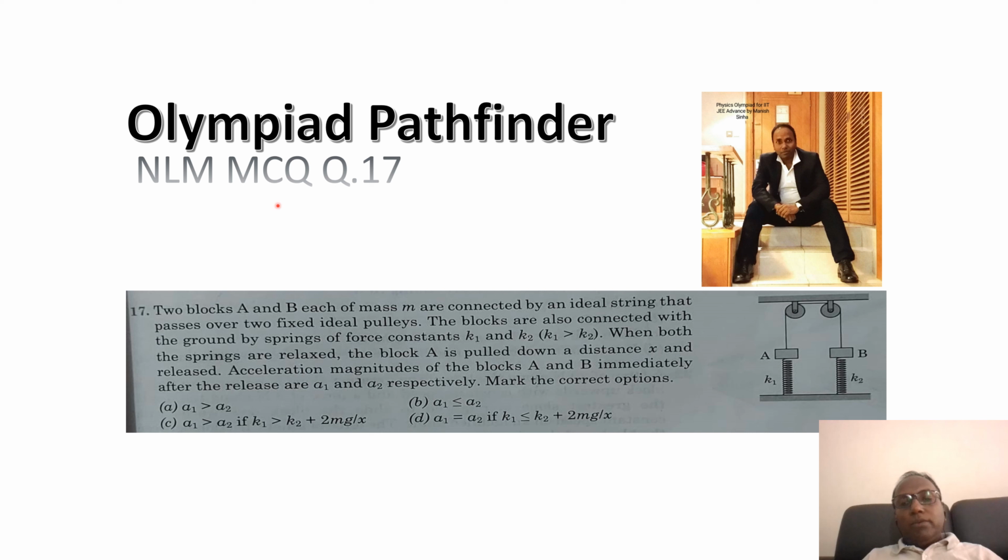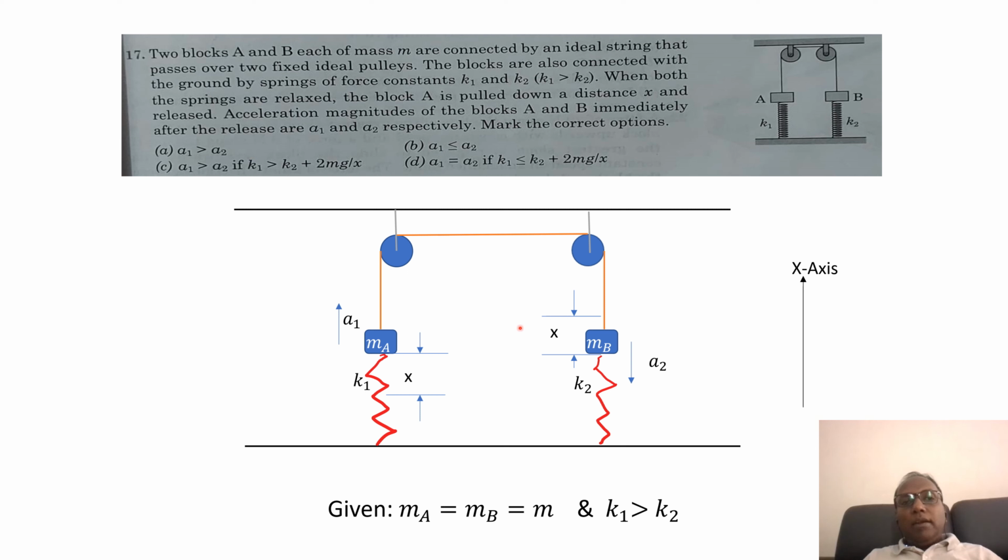Hi everyone. This question has been taken from Olympiad Pathfinder NLM MCQ question number 70. The question says two blocks A and B, each of mass m, are connected by an ideal string